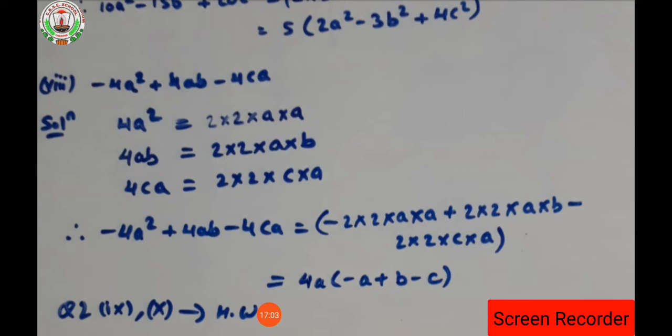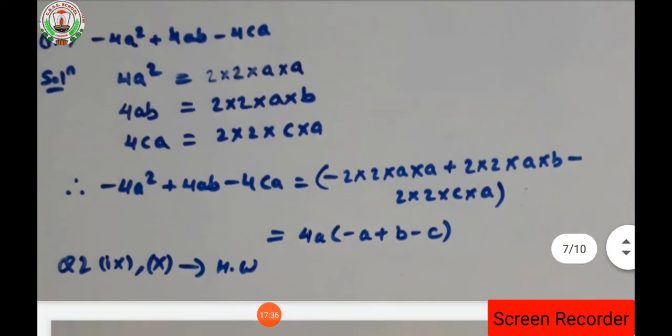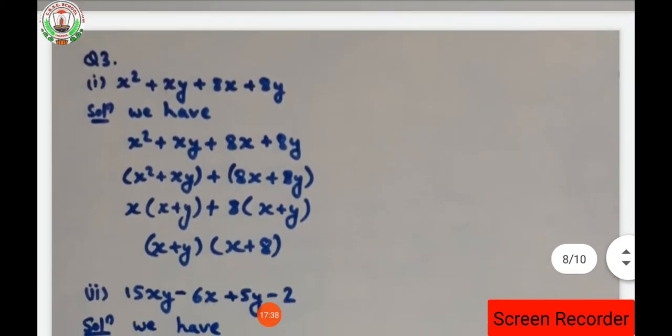Keep in mind that the minus sign is here. Okay. So question number 2, 9th and 10th are your homework. Try to do them as homework. It's a simple question, students. You only have to expand the terms. After the expansion, you have to write according to the question in the bracket, and after writing it in the bracket, you can take the common terms, and whatever is left inside the bracket which is uncommon, you have to keep inside the bracket only. Clear?